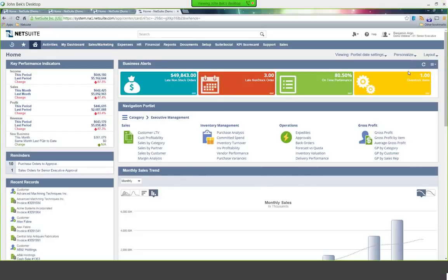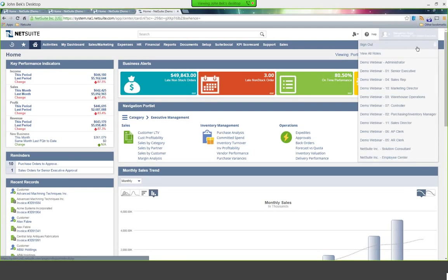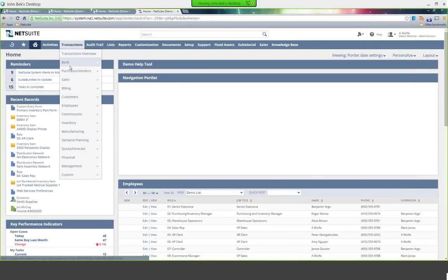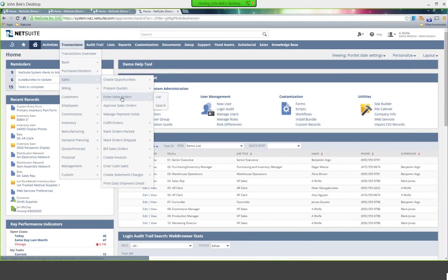So, in this flow that you just walked through, what if the customer needs the product immediately? Could we drop ship the item, or can we ship it from another location? I noticed you had a number of different options there. Can you talk about that a little bit? Sure. Let's take a look at that.